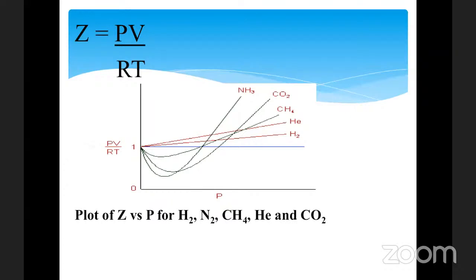So this causes a dip downward, especially if the gas is heavy. It causes a dip downward, which, as pressure increases, goes up again. So if you look at the light gases like the hydrogen, the